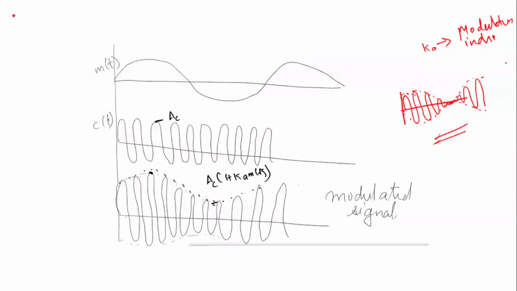This modulation index is a very important term with respect to modulation, and that modulation index determines the depth of modulation. The depth of modulation, I am telling you, there can be 3 ways. One is, this is a perfectly modulated wave. You can have the envelope. Finally, after modulation and at the recovery part, you should be able to get this envelope back. The envelope of this modulated wave is nothing but your message signal.